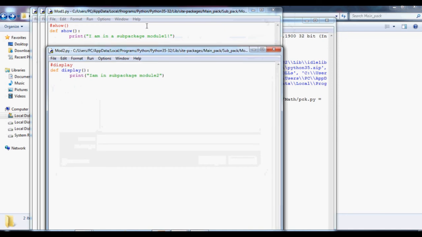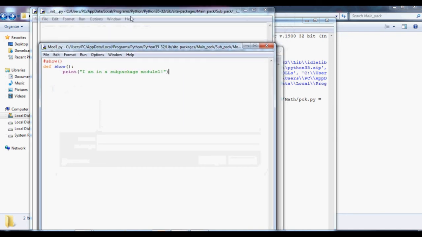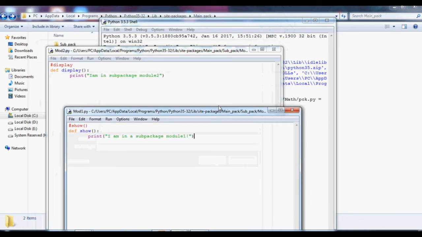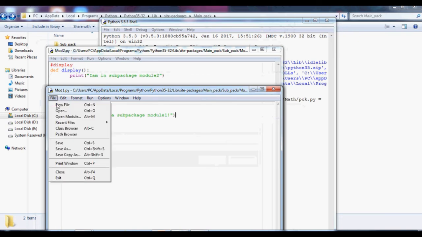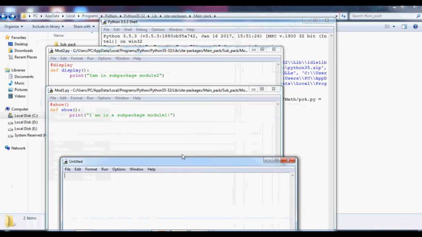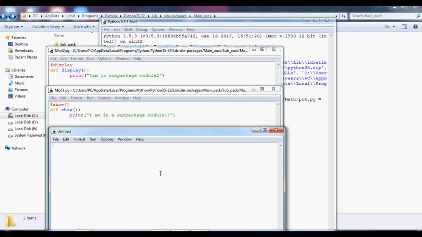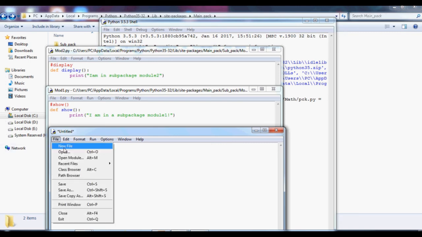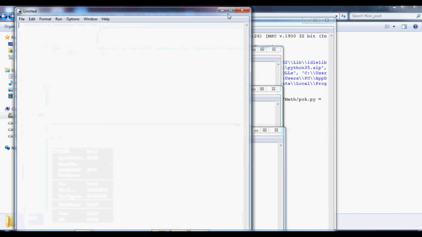Can you see here? Next, closing my init files. Now I'm going to create a file. Now I'm going to import the packages. So let me create one more package in the main. Okay, the main package.